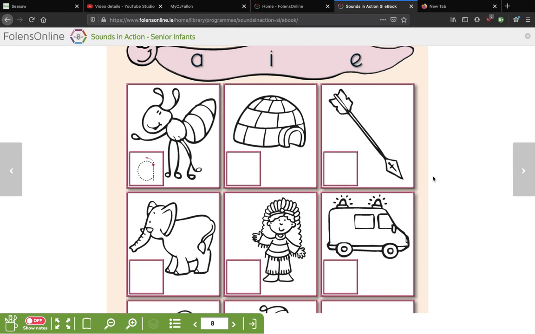But I really want you to try and sound out those words, the starting sounds, to try and figure out whether it's a,